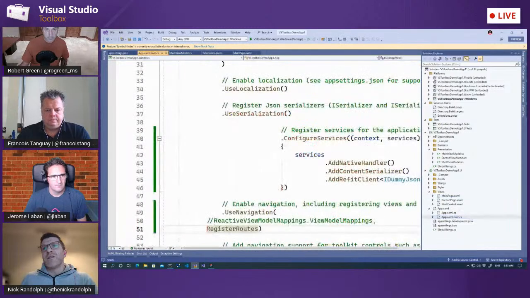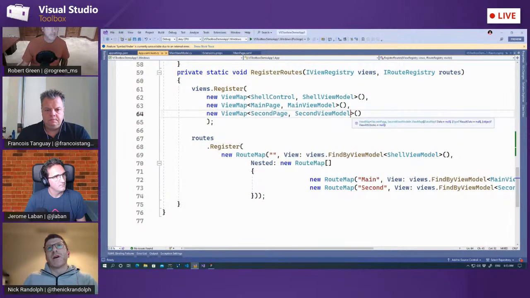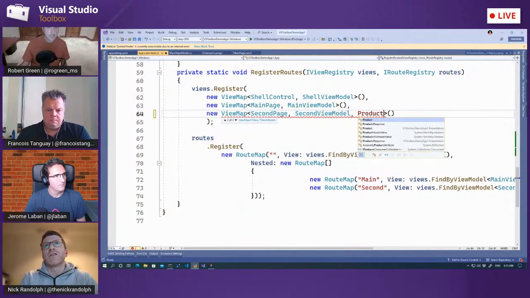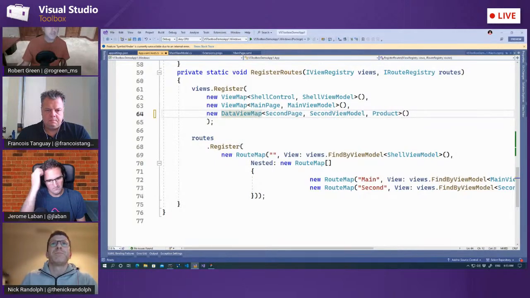And this navigation is actually based on the fact that we've got these routes that are defined in the bootstrapping of our application. Now, I don't really need to do very much to actually change the navigation as such, but I do need to let the second view model know that it should be expecting a product to be passed to it as part of that navigation. So I'm going to change this view map to being a data view map. And then I'm going to go back to our second view model